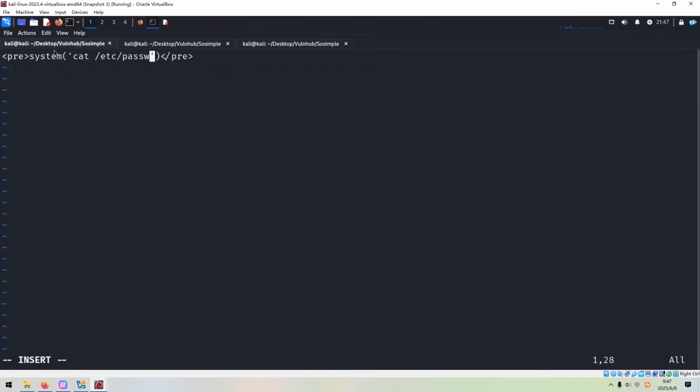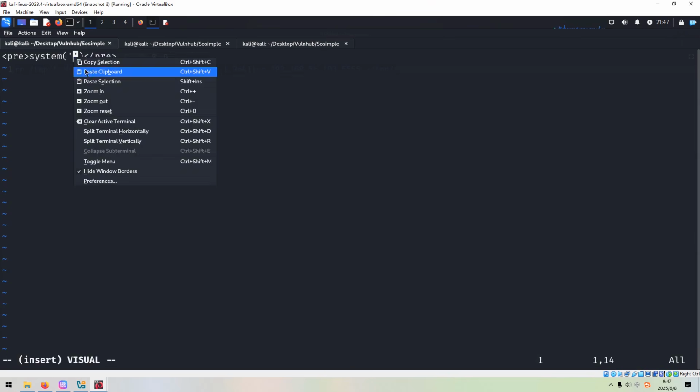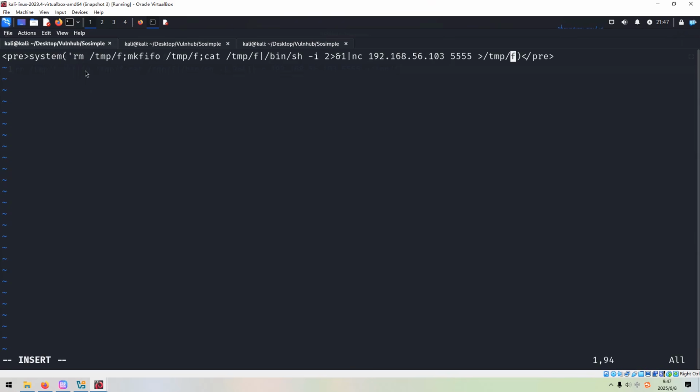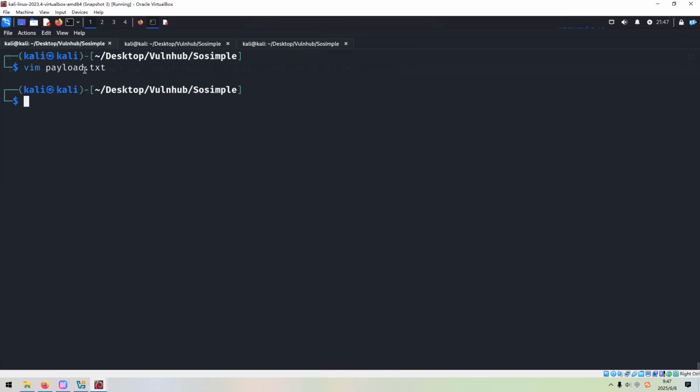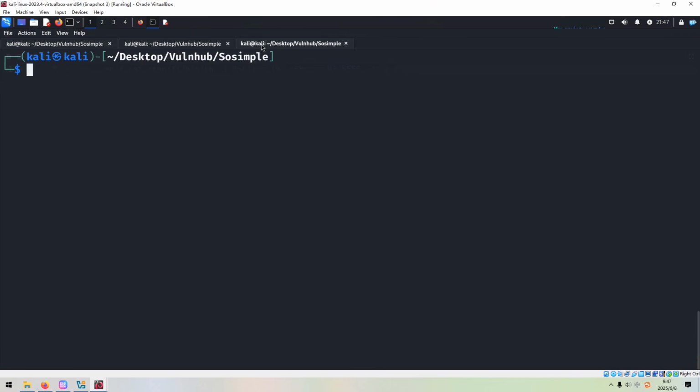So what I'm doing. So now we can paste. Okay, write and quit. So next we need to set up a web server on the Linux. In the meantime, we can set up a listener on the Linux waiting for a connection from the